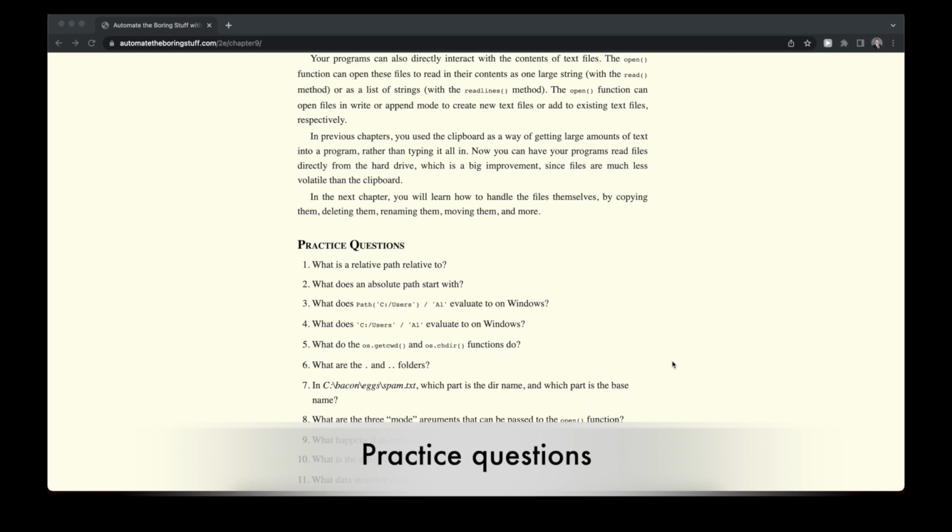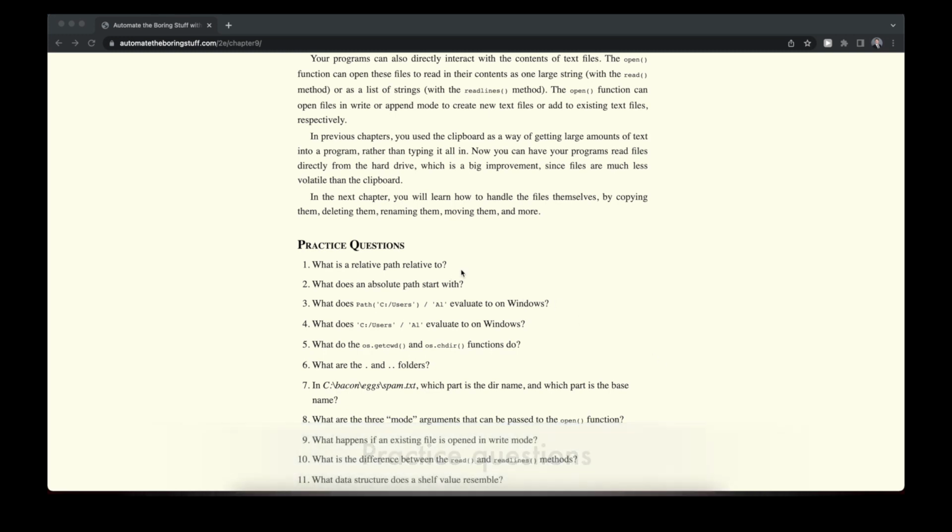Let's have a look at the practice questions. The first one is, what is a relative path relative to? So relative paths, other than absolute paths, are relative to the current working directory that we are in. What does an absolute path start with? So the absolute path always starts from the root folder. So for example, if you work on Windows with C:/, or if you're on a different operating system, for example on Mac OS, we would start with /